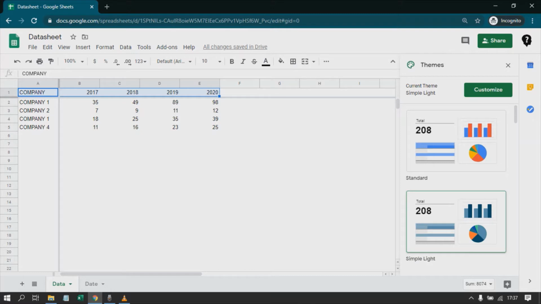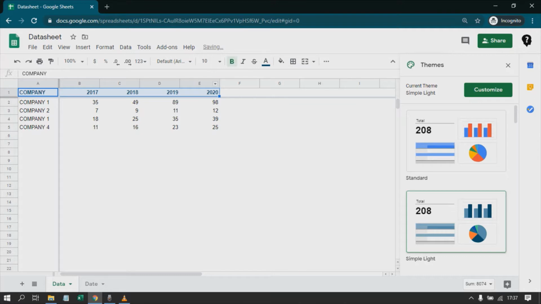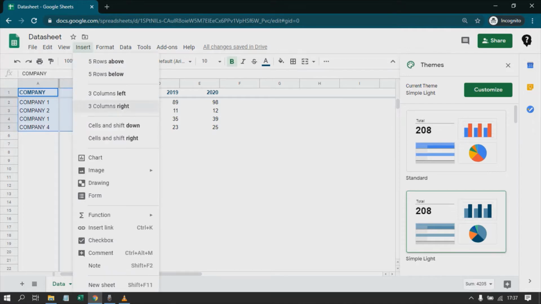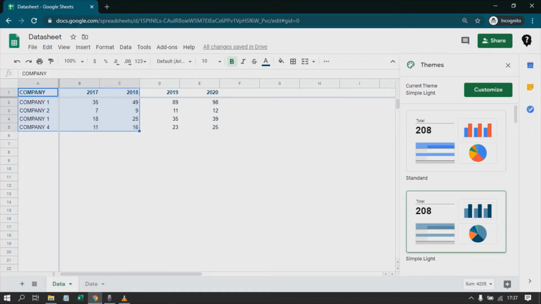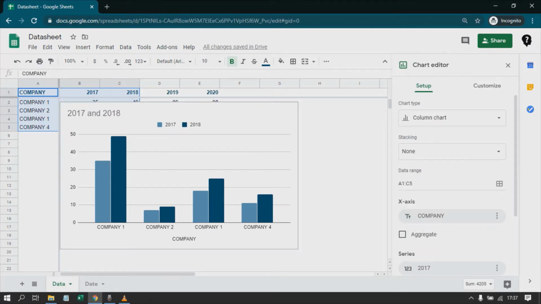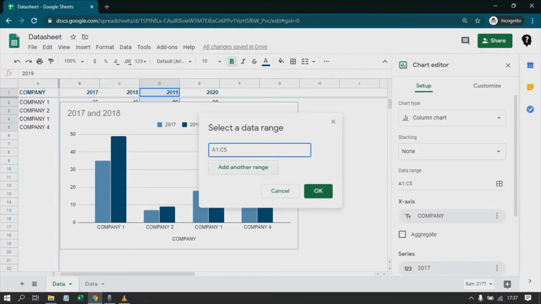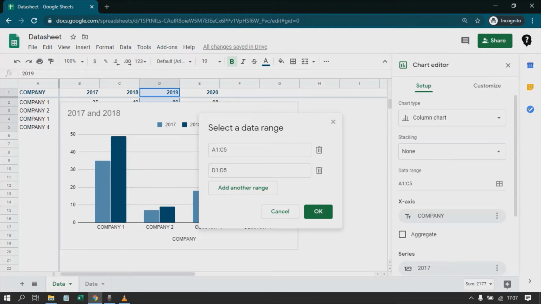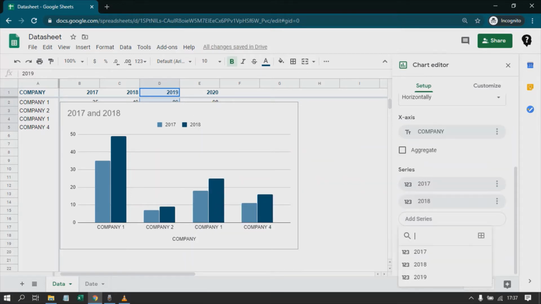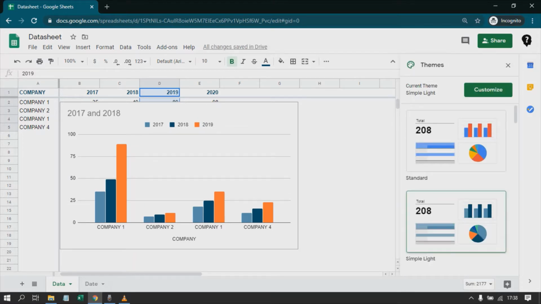Now what is the use is we can maintain a uniformity on the data or the analysis. So for example, with this simple light theme, let me use the bold colors this way, bold. Okay. Let us suppose I have a chart based on this data. So by default it has picked up the colors. Okay. If I wanted to add another range to it, let me add a range and include it in my visualization. Now see here automatically it has picked up the theme colors.